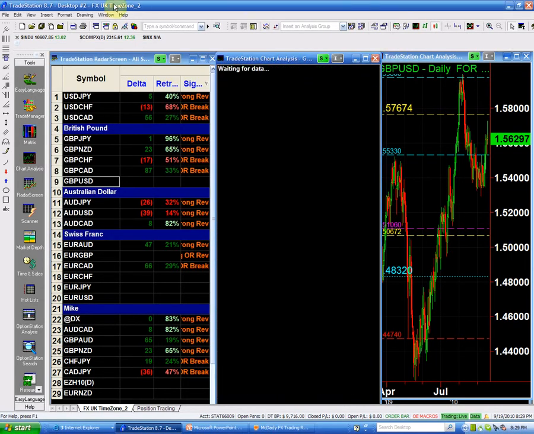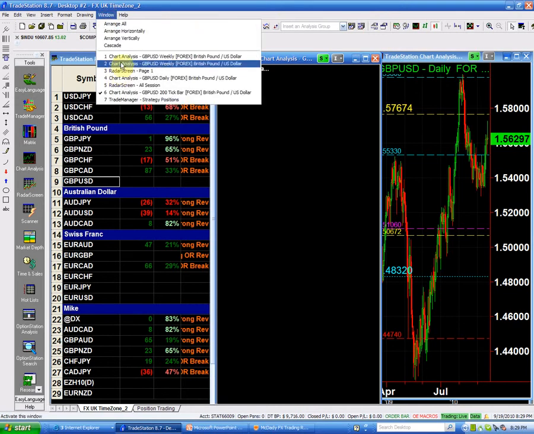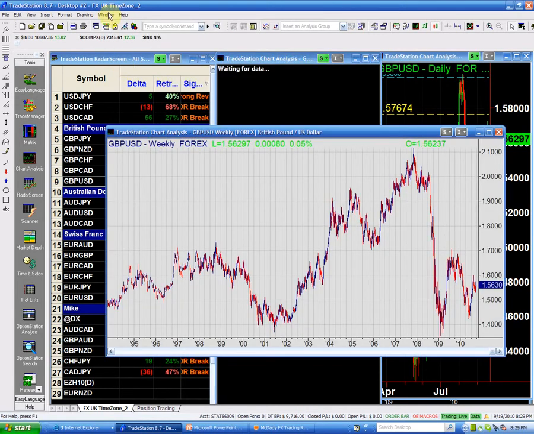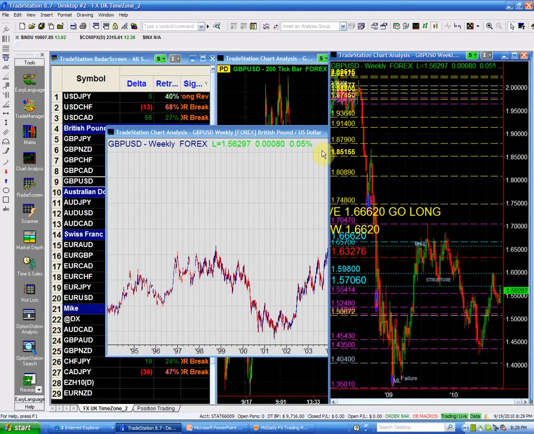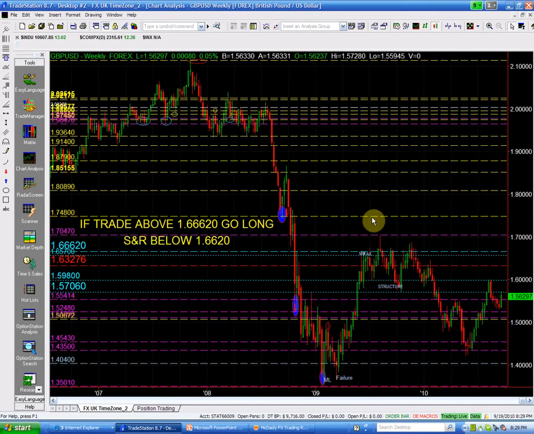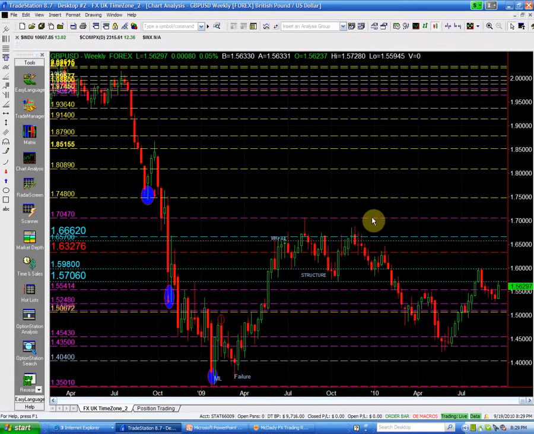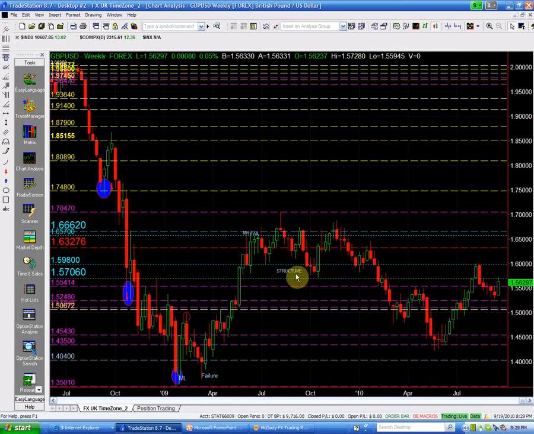And if we look at the weekly chart for the cable, this is our chart that we have marked. As you can see, this is our structure point, which is the 157.06. This has been such an important structural point for us. We have been trading this number. The guys that are with us have known that we have been trading the 157.06 now for the last couple